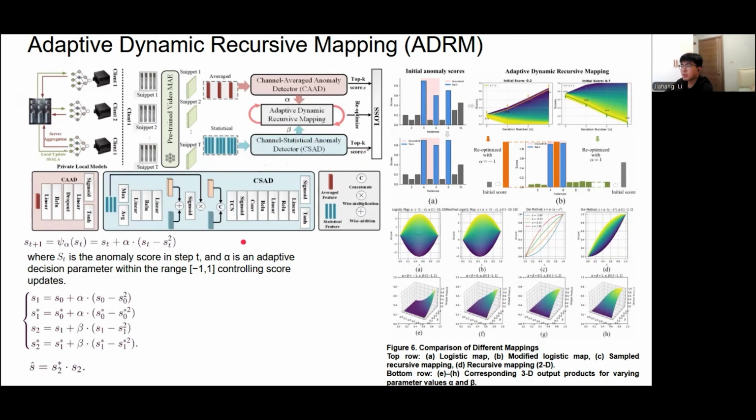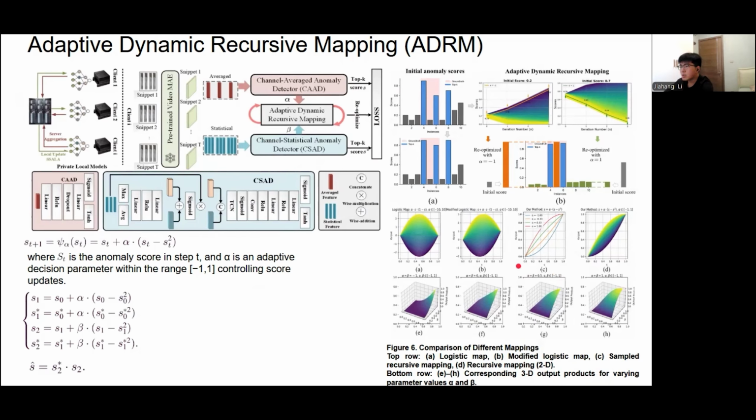To solve the discrete optimization problem, we design a novel mapping function. Given a score and a decision parameter, this function maps the input to a refined output score. You can see the visualization of this function.